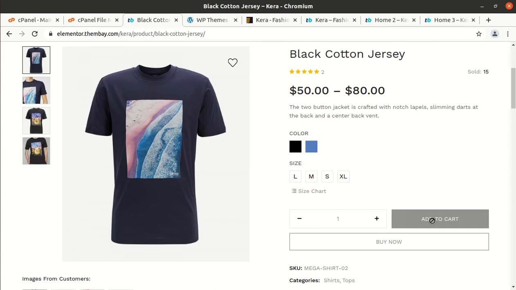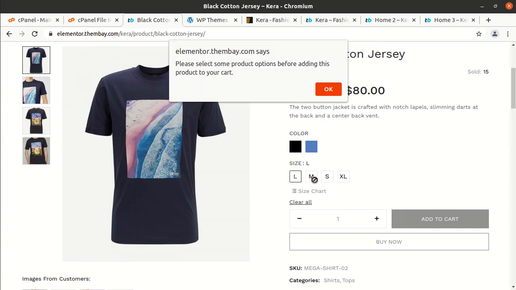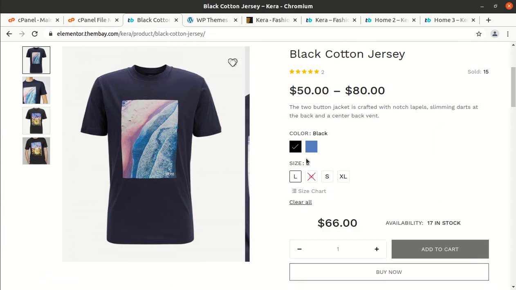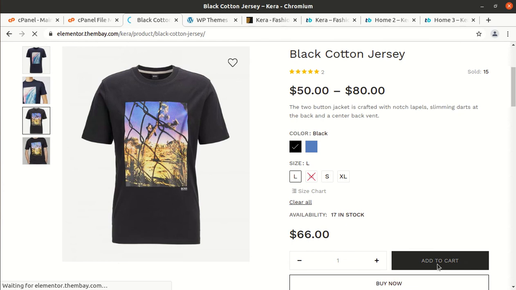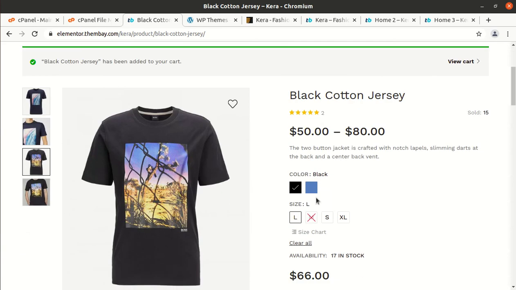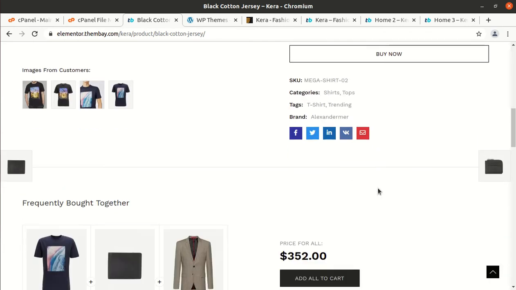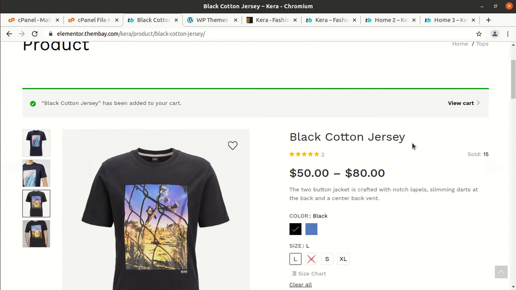I'll just check the add to cart options, and okay, so size and color need to be checked. Add to cart, so color swatches are very good, and add to cart is here, and the view cart option is here, and we can go for the checkout process now.